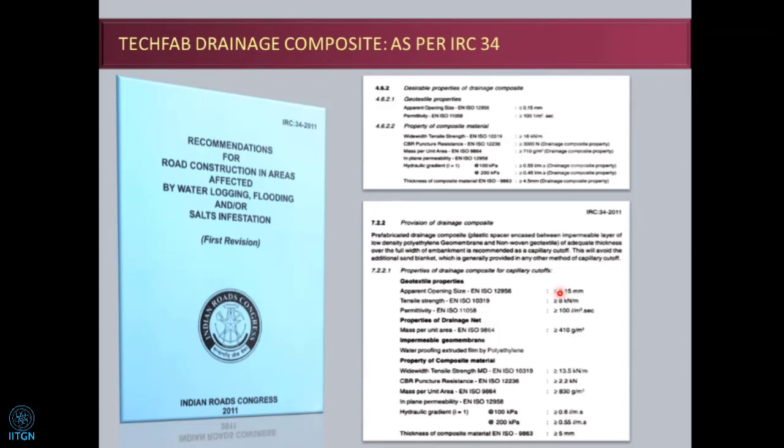These are the minimum specifications they have given, whatever the flow size they have given with the hydraulic gradient. So one has to match these things for the long term. Your products should have a short-term flow higher than that, so it can give the intended function in the longer run. So one has to take care of that.